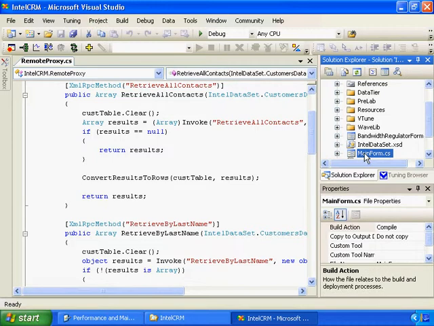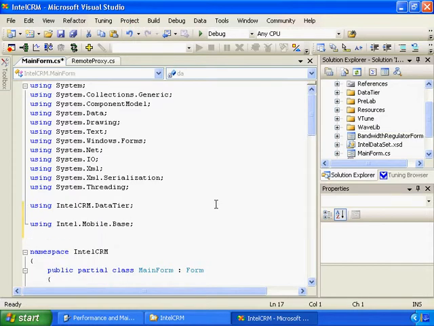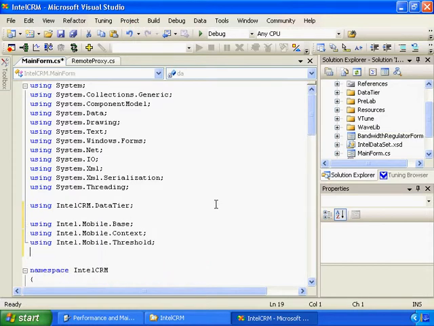Let's go to the main form, view code. And we need to add some new using statements. These namespaces allow applications to take advantage of the three capabilities present in the SDK: power, connectivity, and bandwidth. Capabilities are a higher level of abstraction than just working with the individual devices. They let you determine things like the network speed without needing to actually go through enumerating all of the devices